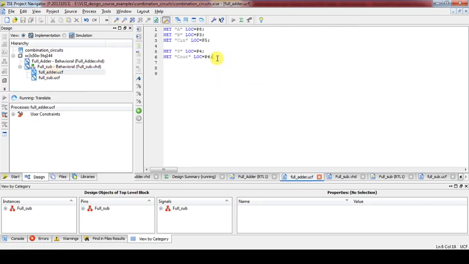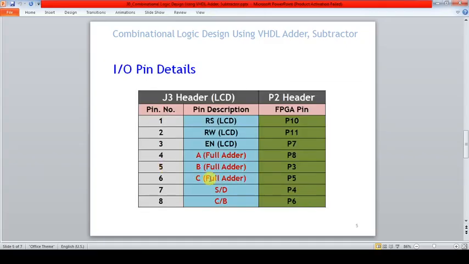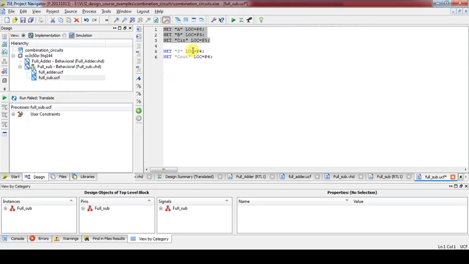I am just copying this pin constraint for the full subtractor. The only change we have to make is A, B, C in. These pin assignments are exactly the same for the full adder and full subtractor, both pin lines are the same. For difference and borrow, again P4 and P6 itself. So P4 and P6 will stay the same, only the signal name will change, here D, and here it will be borrow. Okay, so like this it will generate a